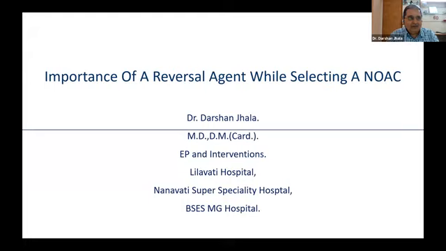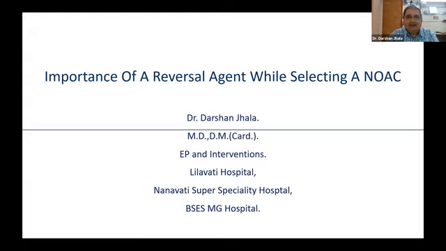Now, we encounter standard patients in our practice who require a novel or an oral anticoagulant. I'm not talking about antiplatelets, I'm talking about oral anticoagulation. For example, people with non-valvular atrial fibrillation who have a significant ischemic and embolic risk as calculated by these scores which are available to us, that is CHADS and CHA2DS2-VASc score. So if such a patient walks into our clinic, we have 3 choices. We can either use dabigatran, actually 4, because dabigatran has 2 doses. So we can use dabigatran, we could use rivaroxaban, or we could use apixaban.